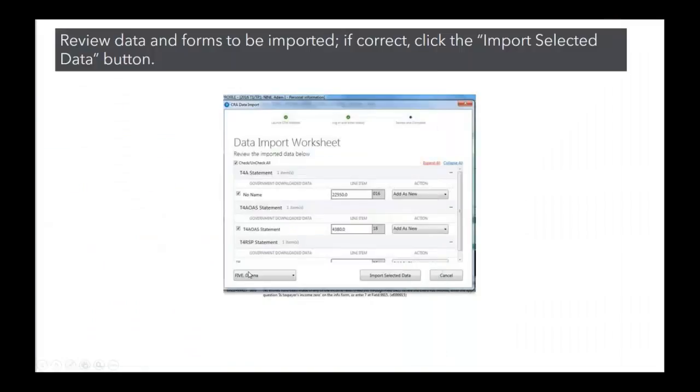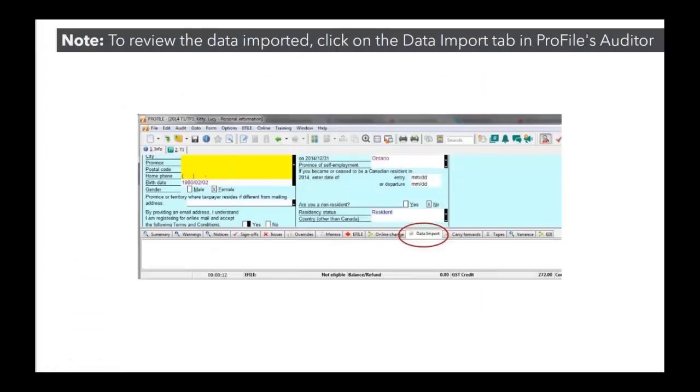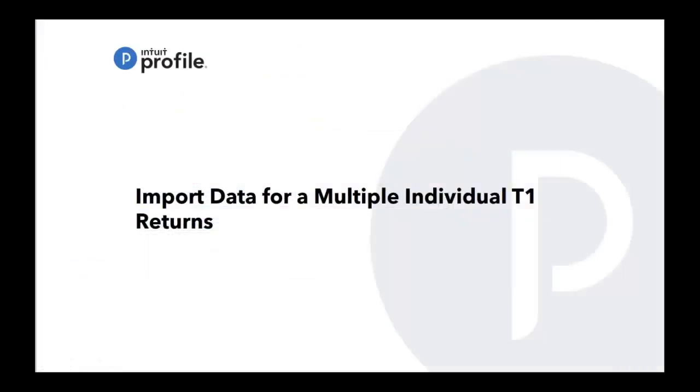Okay. For the multiple, basically it's a lot of the same steps, but you would process picking the clients differently. The one that I showed you was for a single individual. When you're dealing with multiple individual T1 returns and you want to import the data, you would have to use